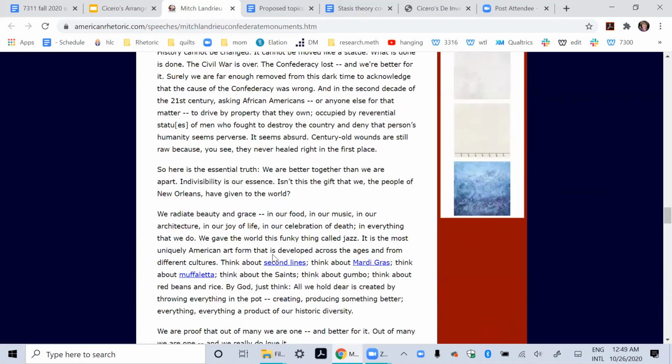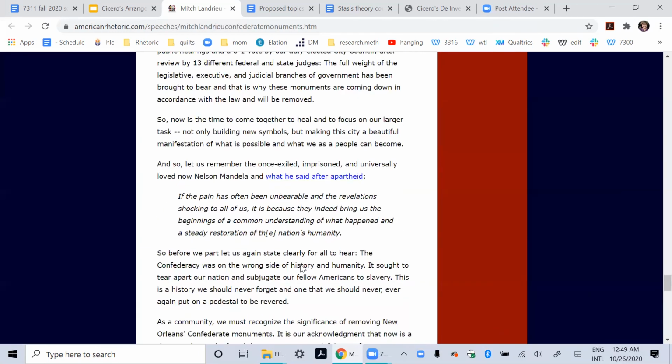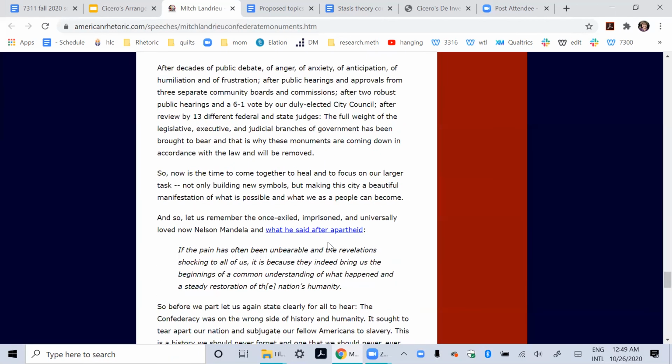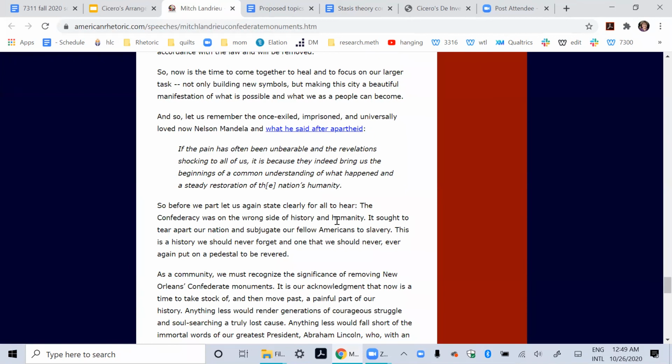Notice how at the conclusion he says, so before we part, let us again state clearly for all to hear, the Confederacy was on the wrong side of history and humanity. It sought to tear apart our nation and subjugate our fellow Americans to slavery. This is a history we should never forget, and one that we should never, ever again put on a pedestal to be revered. I think this is kind of an interesting speech in one regard, because it's an example of